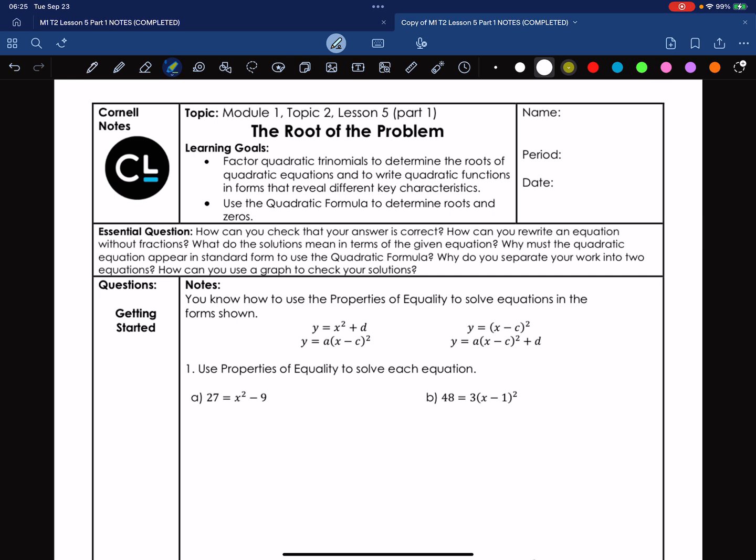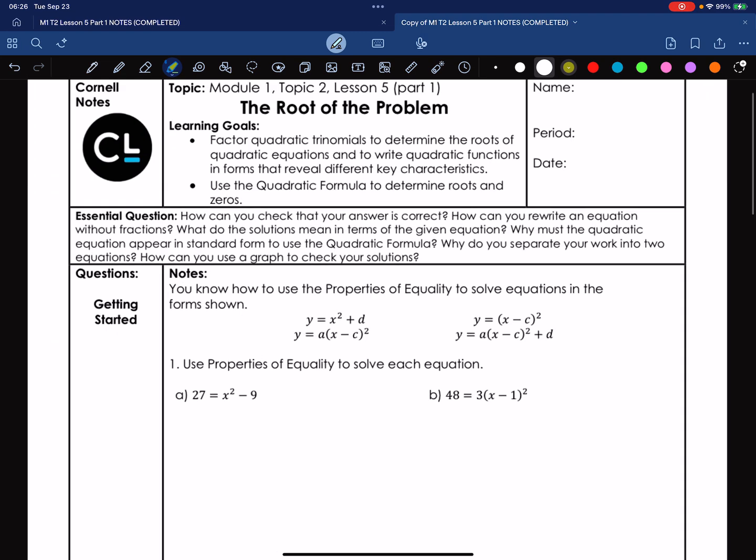Why must the quadratic equation appear in standard form to use the quadratic formula? And how do you separate your work into two equations? And how can you graph to check your solutions? So,